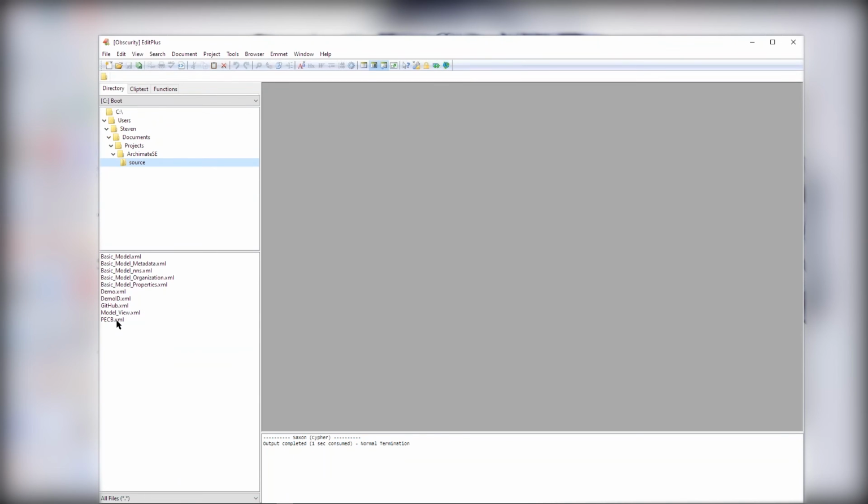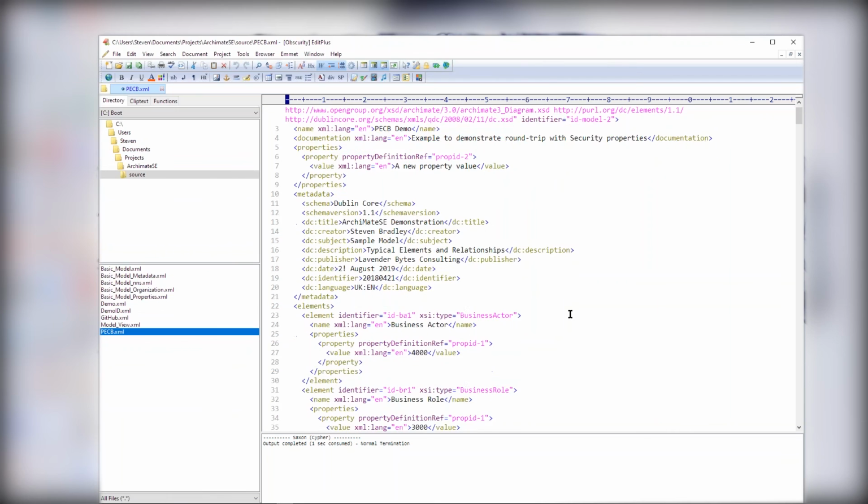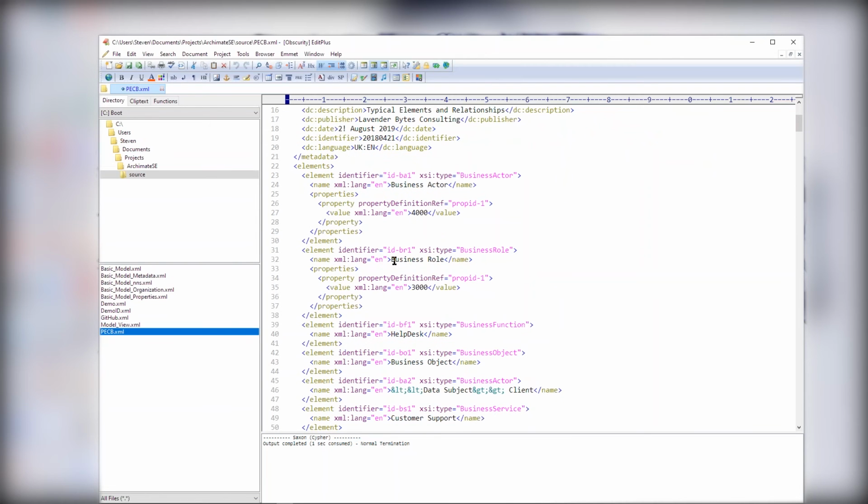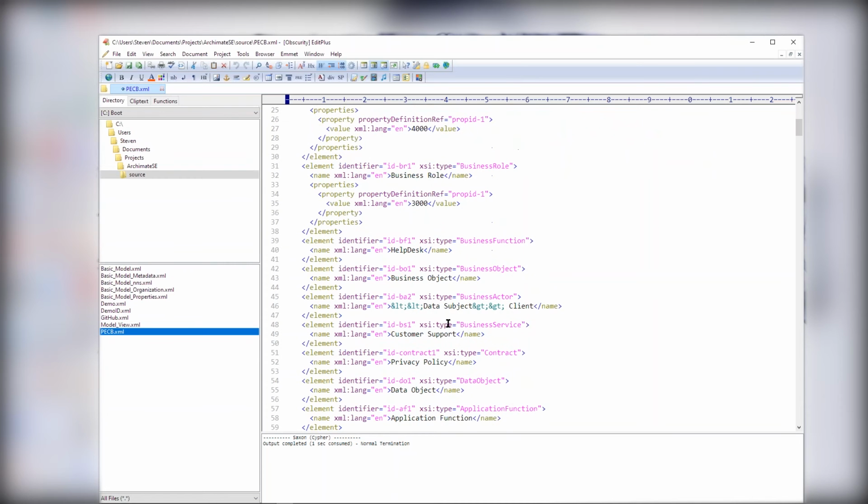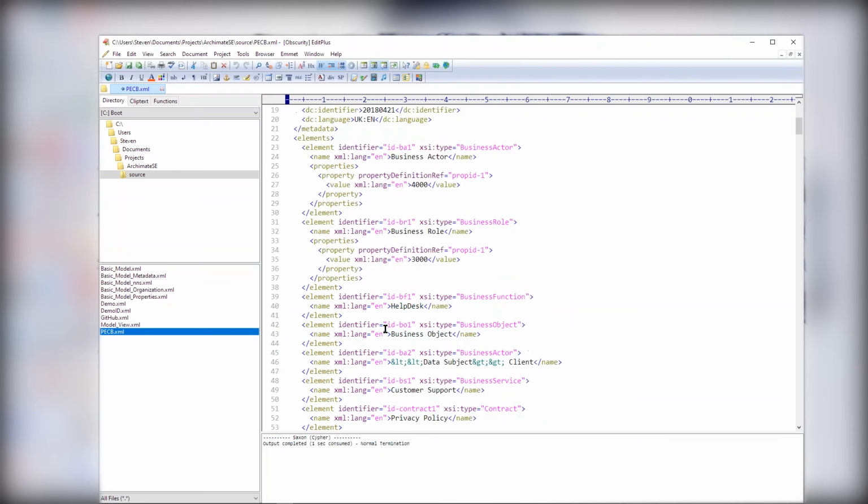There's our PCB. That's what we've just created. Maybe you can see that we've got some very simple standard ArchiMate elements, a few little properties dug in. There's a data subject here with its angle brackets. That's a stereotype of a normal actor, but this is marking this one out as a data subject. We have to make sure that all our privacy compliance rules apply to that person and any data associated with them.